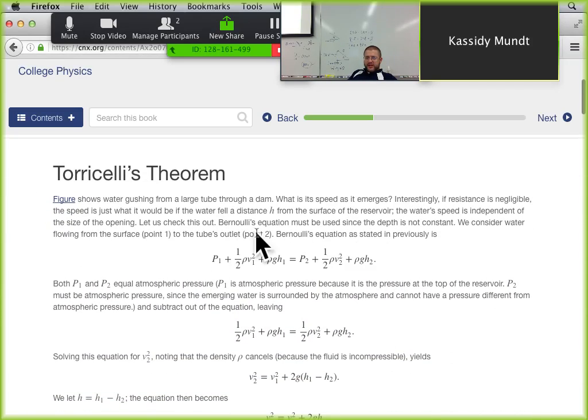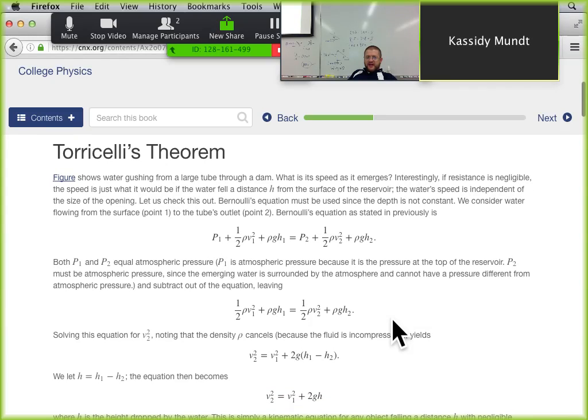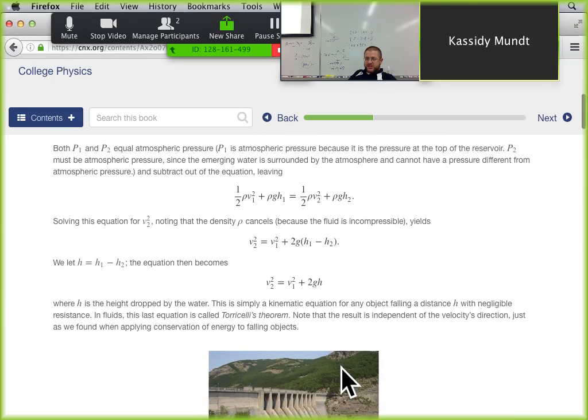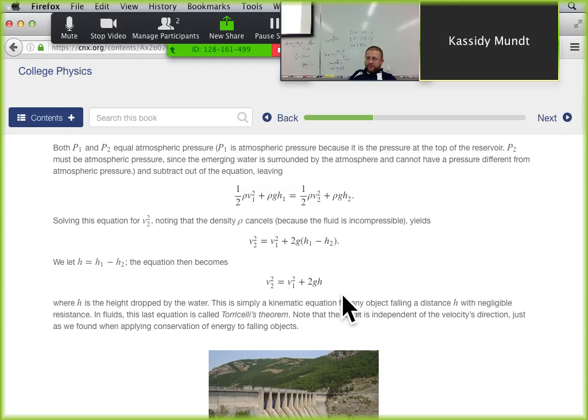So here's Bernoulli's equation. It's got the rho V squared, the rho GH, and everything else. And then if the pressure is the same at both ends, you can get rid of the P1 and the P2 here, and you're just left with this equation, which looks a lot like our old conservation of energy equation, but each one of these terms has a rho in it. So you can cancel out all the rho's, and you can get this equation here, which essentially is going to tell you the difference in speed of a fluid if the only thing it does is change height and it doesn't change pressure.